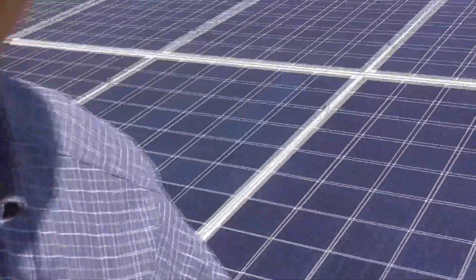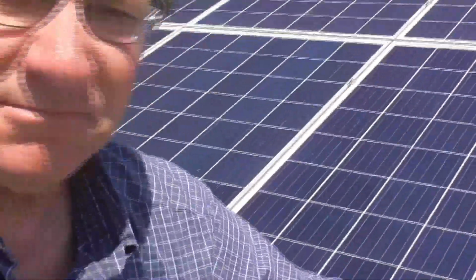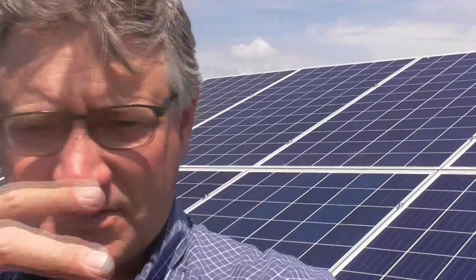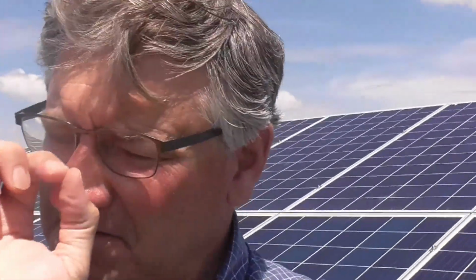It comes in and strikes the surface of these panels right here, okay? These panels are constructed of a material that takes the energy from the sun in the form of that photon, and it strikes the material and excites little tiny bits of material called electrons. Electrons, when they move, create an electrical current. So the photons come in, hit the surface of the solar panels, and excite the electrons, who go, whoa, this is cool, we got to go somewhere,